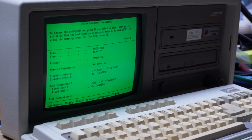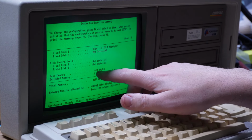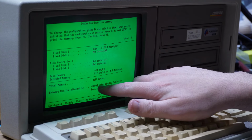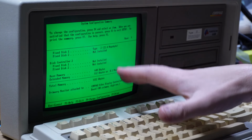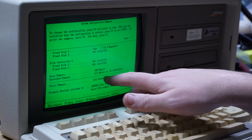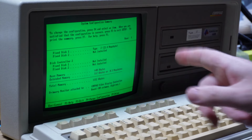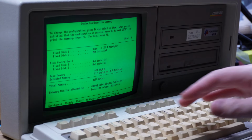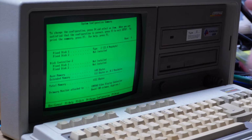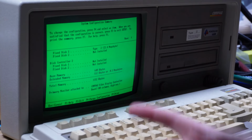There we go. But let's see what it's detected. So yeah, it's detected 640K base and 512 of extended memory, but we definitely do have more than that. So I think that is only picking up bank 2. It's not picking up banks 3 and 4. So that's interesting. All right. Well, let me check the manual and we'll see if we have some jumpers or something that I need to